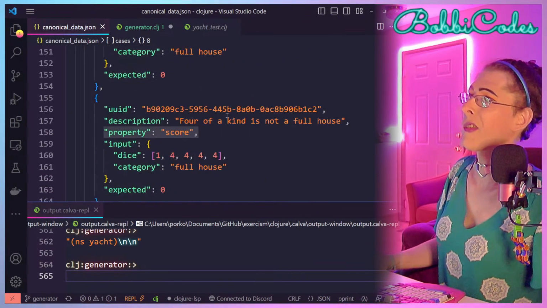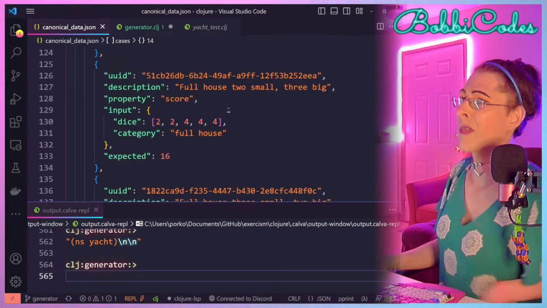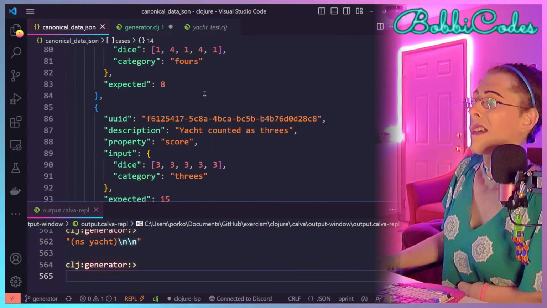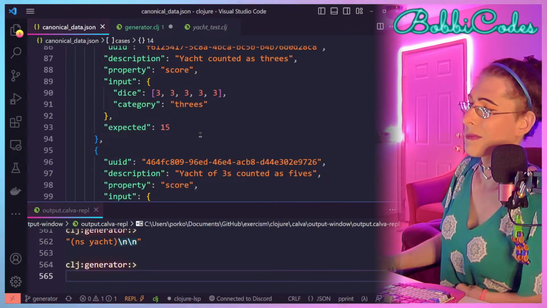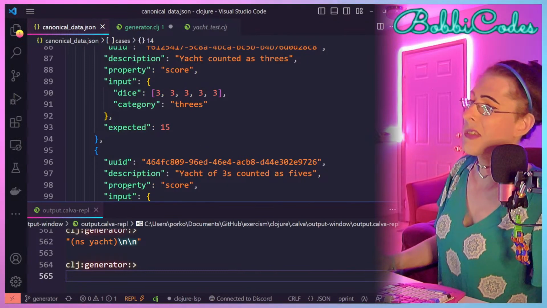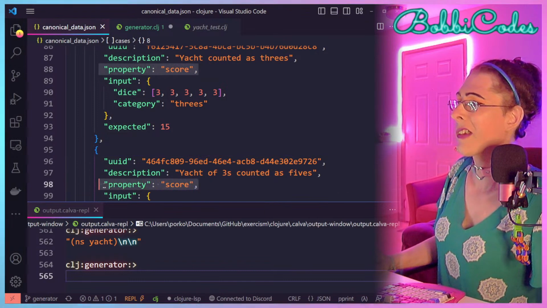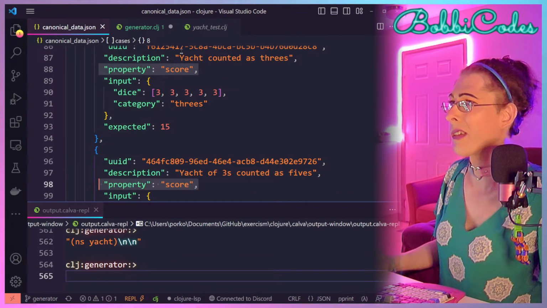But we can't assume that. We need to make it handle any number of properties. So what we'll do is parse this file and get all of the, we'll return a sequence of all of the properties and then turn it into a set or something.